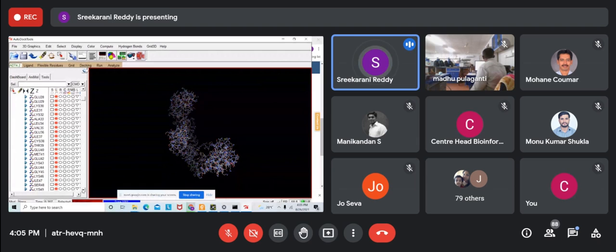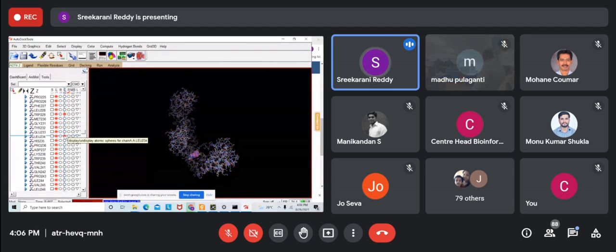Our residues start from 229. If I change it to ball and stick or cartoon, the representation of that particular residue changes. One more is 234, and 318.